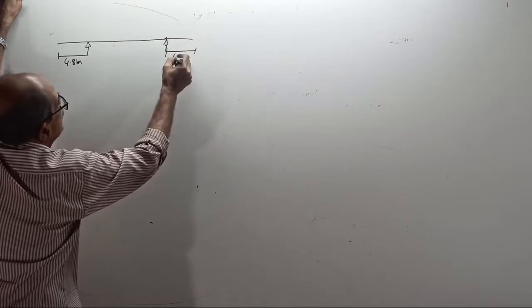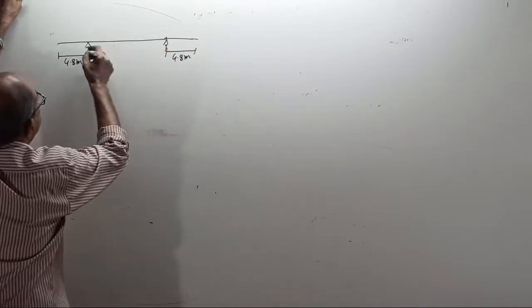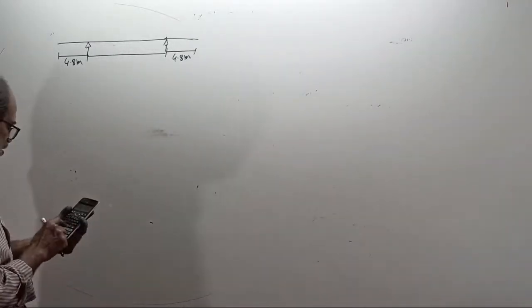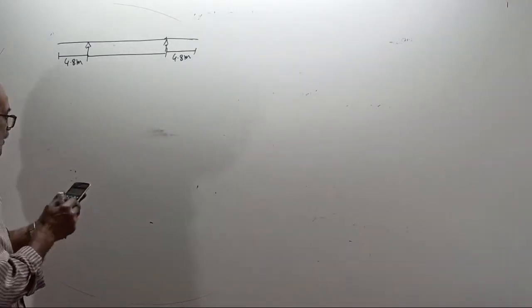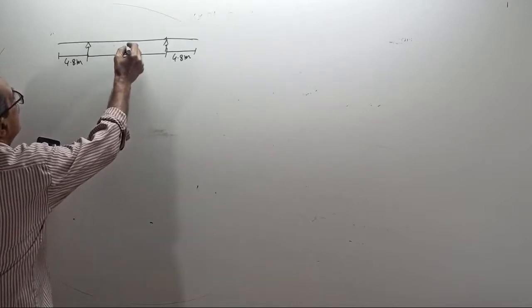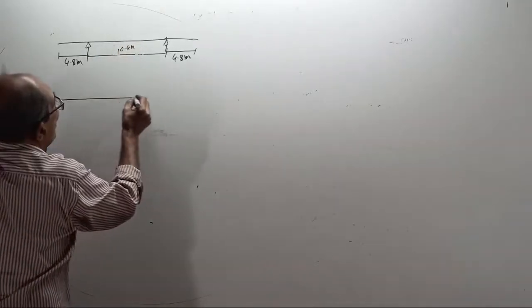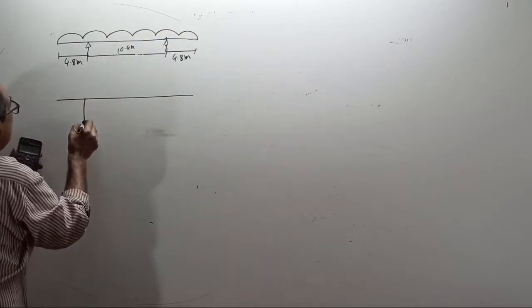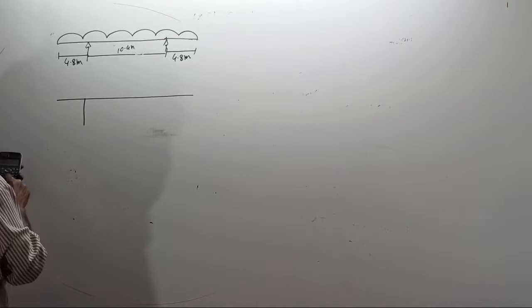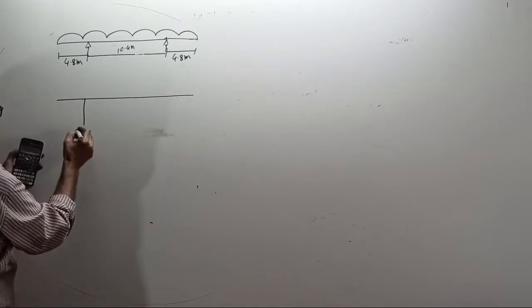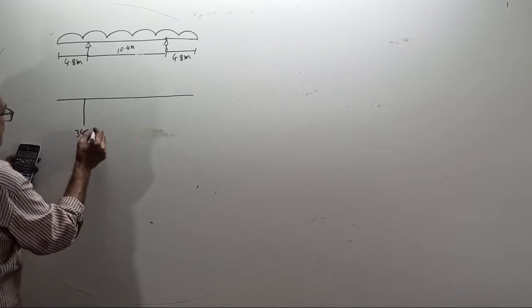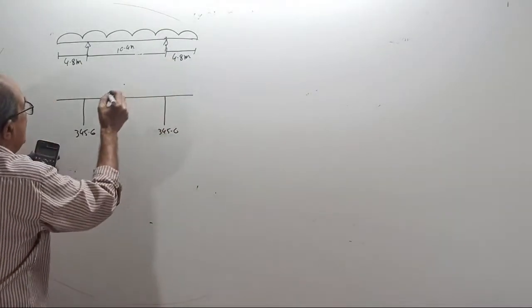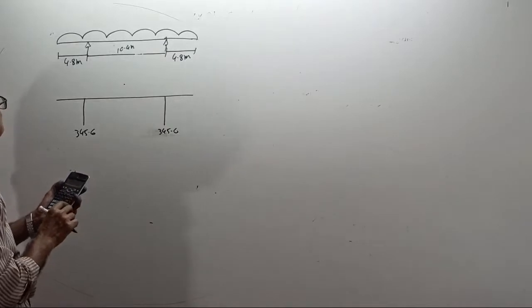Overhang 4.8 meter. And span between support will become 10.4 meter. Now I will draw only BMD. Only BMD. Now this BM will come 345.6. This also will come 345.6 and sagging BM will come